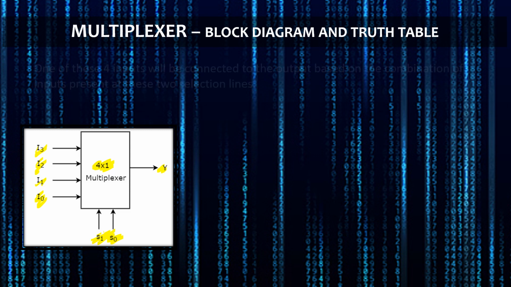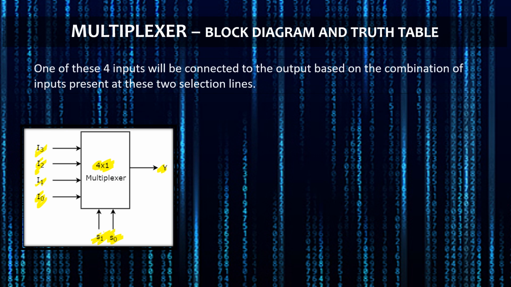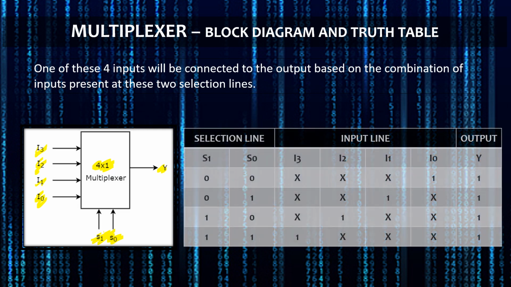What is the meaning of the selection line? One of these four inputs, I0, I1, I2 and I3, will be connected to the output based on the combination of inputs present at these two selection lines. Meaning the combination of S0 and S1 values will decide which input line will be selected to make it the output. So this is about the block diagram, and from the block diagram we can